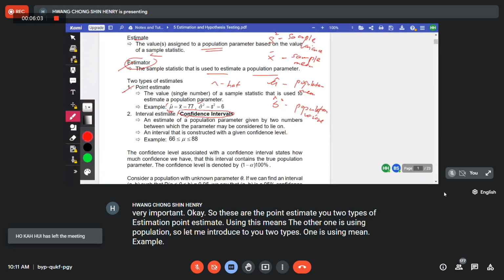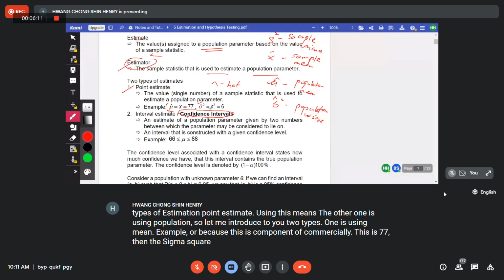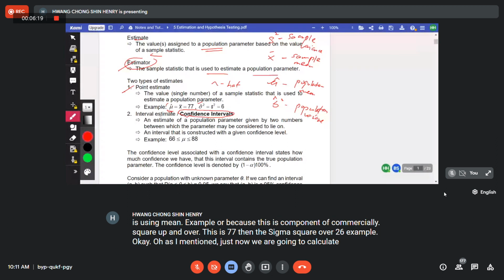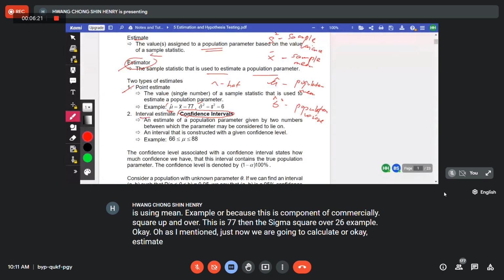Example, or we call it X bar. This is the sample mean. This is the population mean. Let's say 77. And then the sigma square, or the S square, sample variance, is 6. Example. Now, as I mentioned just now, we are going to calculate, or we call it estimate, the interval,